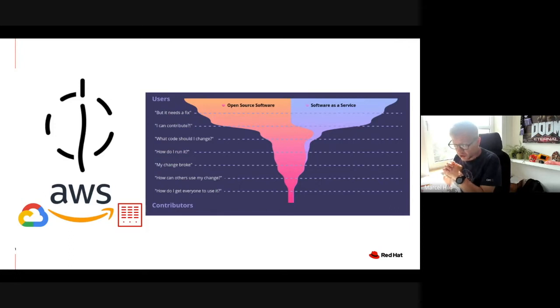So it all stems or goes back to this contributor funnel that you were typically seeing in open source software. So you had a funnel of users and you want to convert them at the end into contributors that make your software better and help operate it, help add features to it. So that only works if you make your software super transparent in terms of the community and in terms of getting started from both sides of the spectrum. So make it really easy for people to use it and really easy to